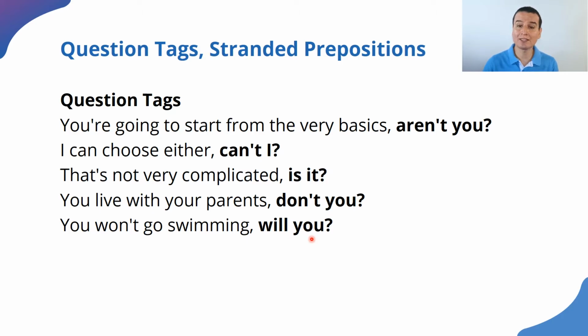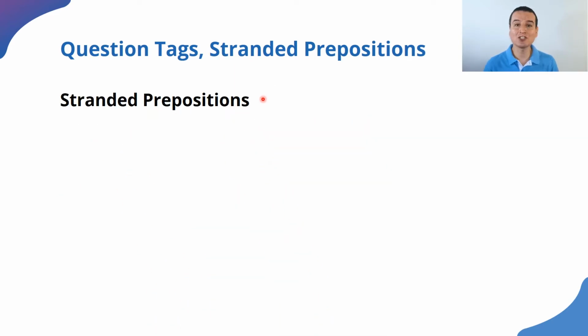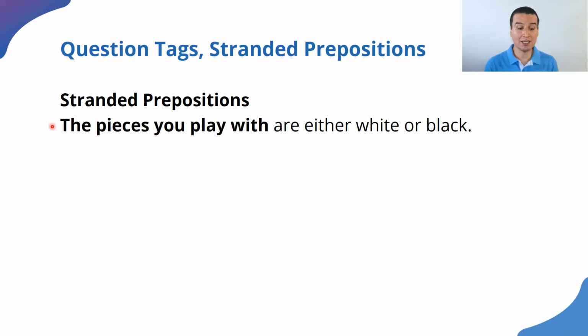And in the conversation, we had some other thing that I would like to show you, and it's called stranded prepositions. Stranded prepositions are prepositions that could go at the beginning of the sentence, but for ease, we place them at the end of the sentence. For example, she said, "The pieces you play with are either white or black." The pieces that you play with. You could say "the pieces with which you play," but it is too complicated. It's easier just to say "the pieces you play with are either white or black,"